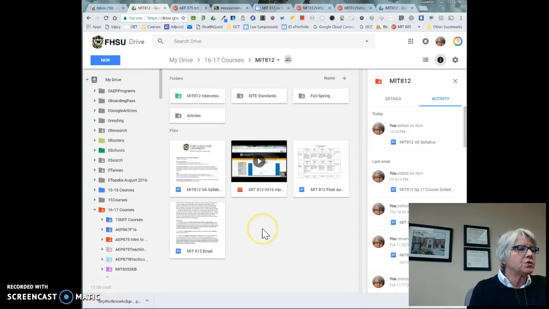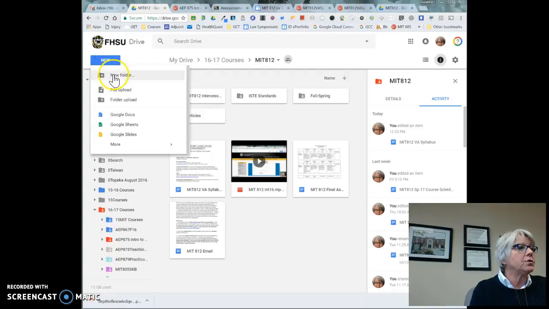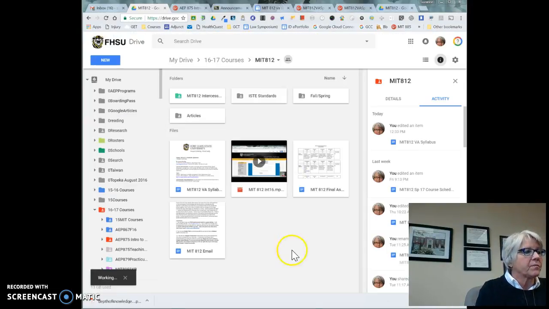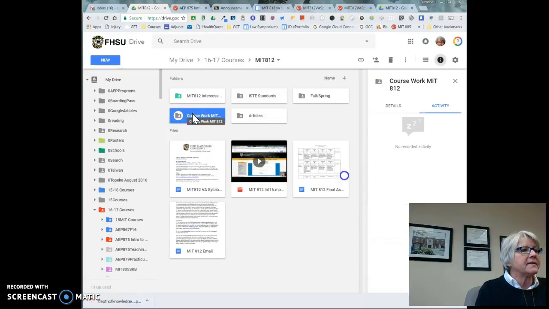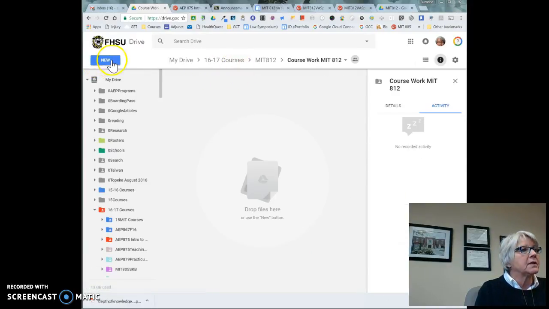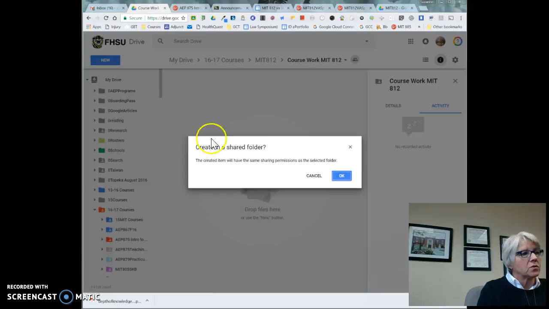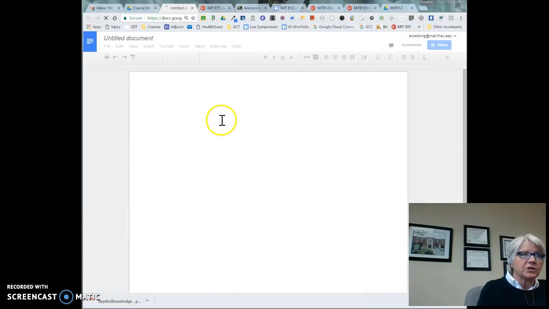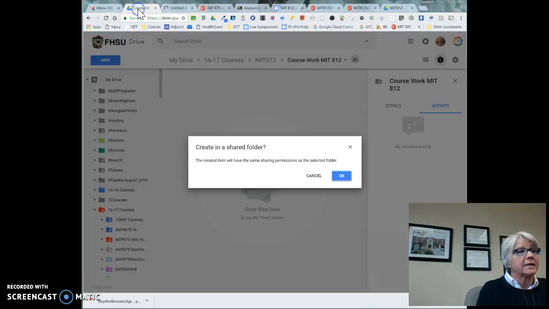Okay, so say I wanted to create a document right here. I could create a folder by going up to New Folder. And here's my coursework for whatever. This is MIT 812. I can say Create, and that will show up right there inside that folder. So then I can open that folder, and I can go over to New and create a Google Doc. And notice it said it will take on the same permissions as the folder that you created it in. And that just means that you can create the folder